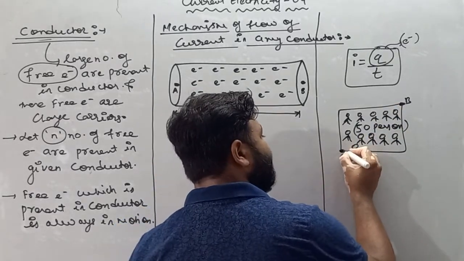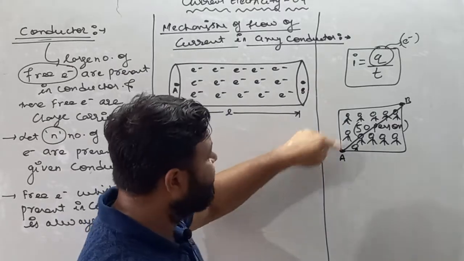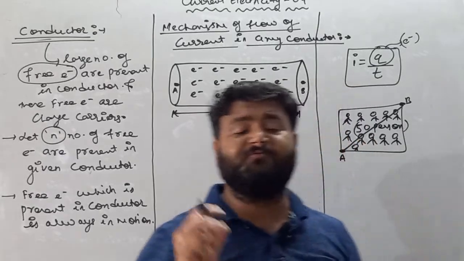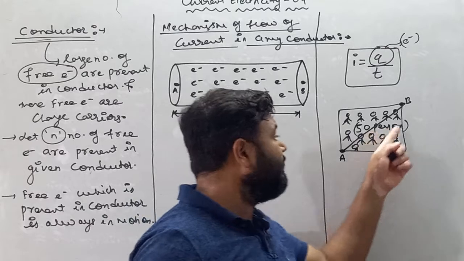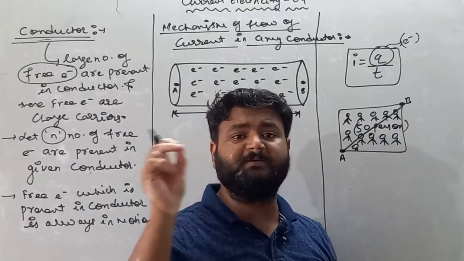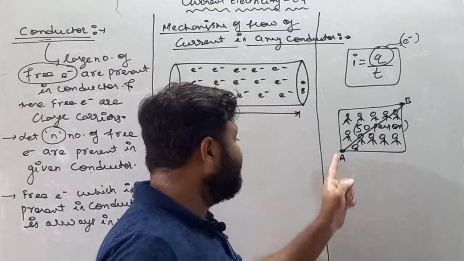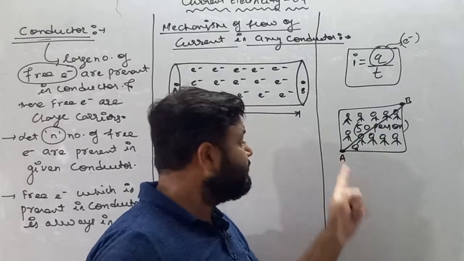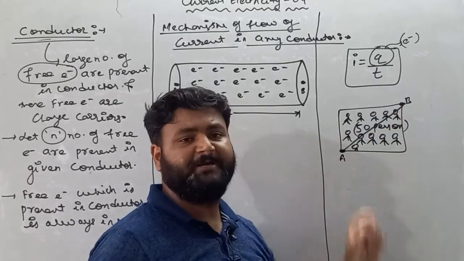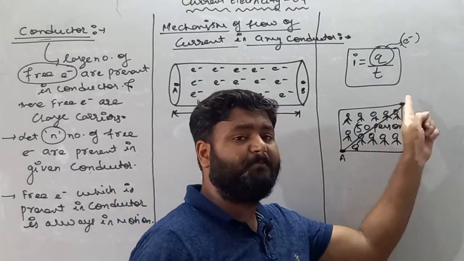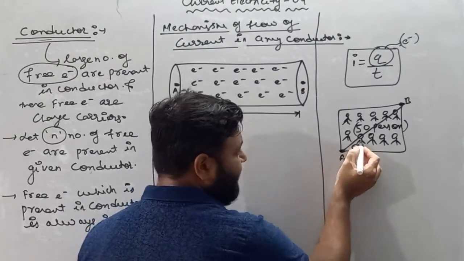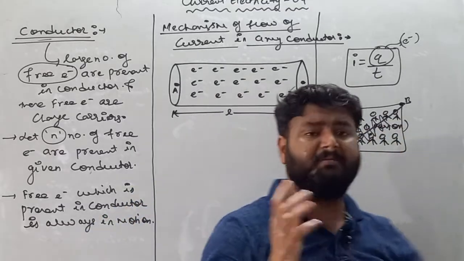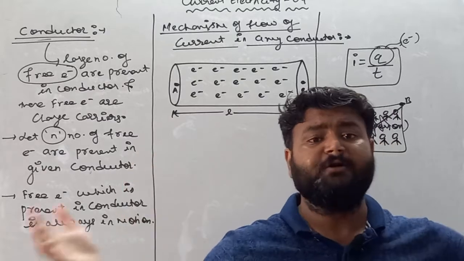Now I wish to go from point A to point B. Just imagine that the capacity of the room is 10, but now there are 50 persons present in this room, and you wish to go from point A to point B. So it is impossible, in the presence of 50 persons, to go straight from point A to point B. If I start moving from point A to point B, then my motion is always zigzag, because the number of persons in this room is very high and collision takes place.